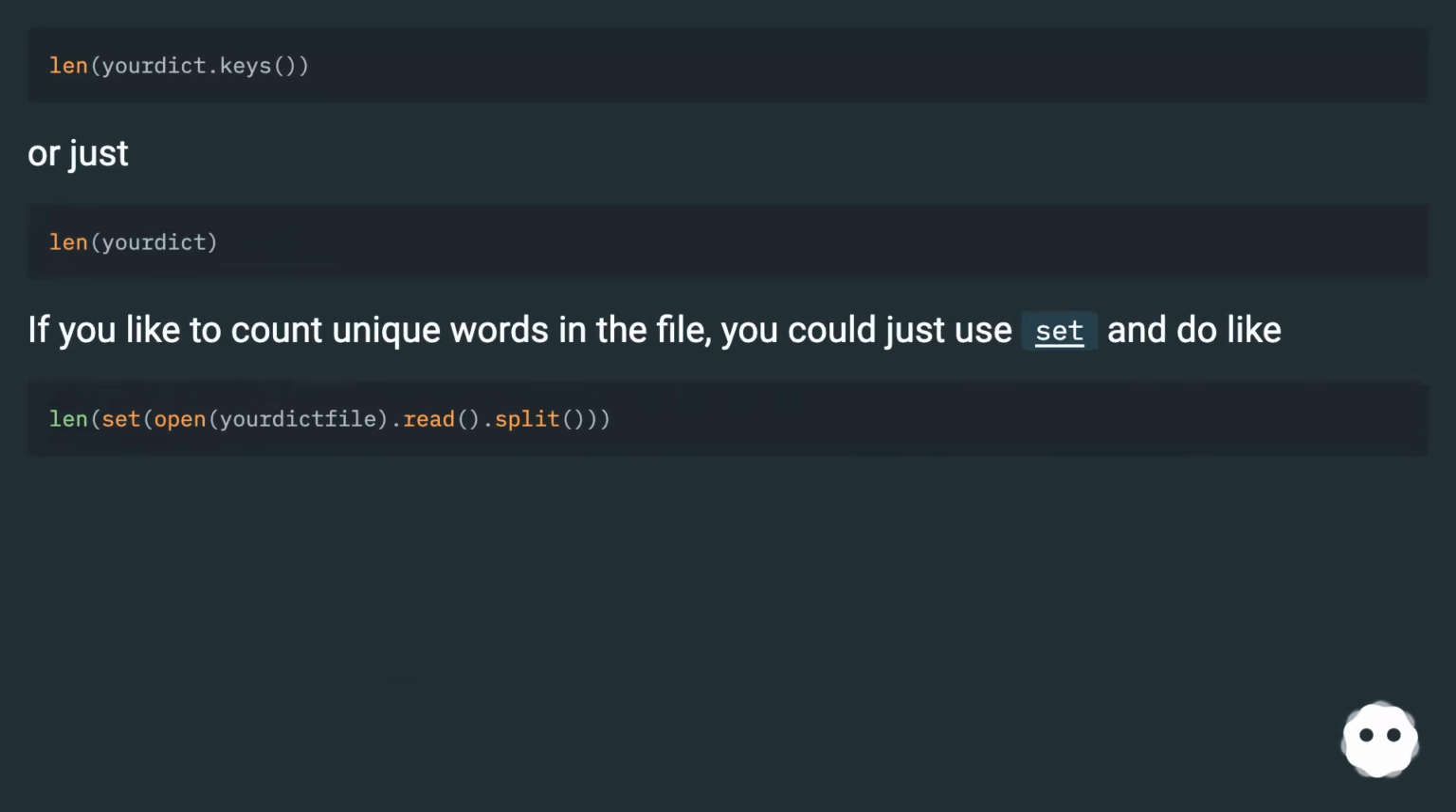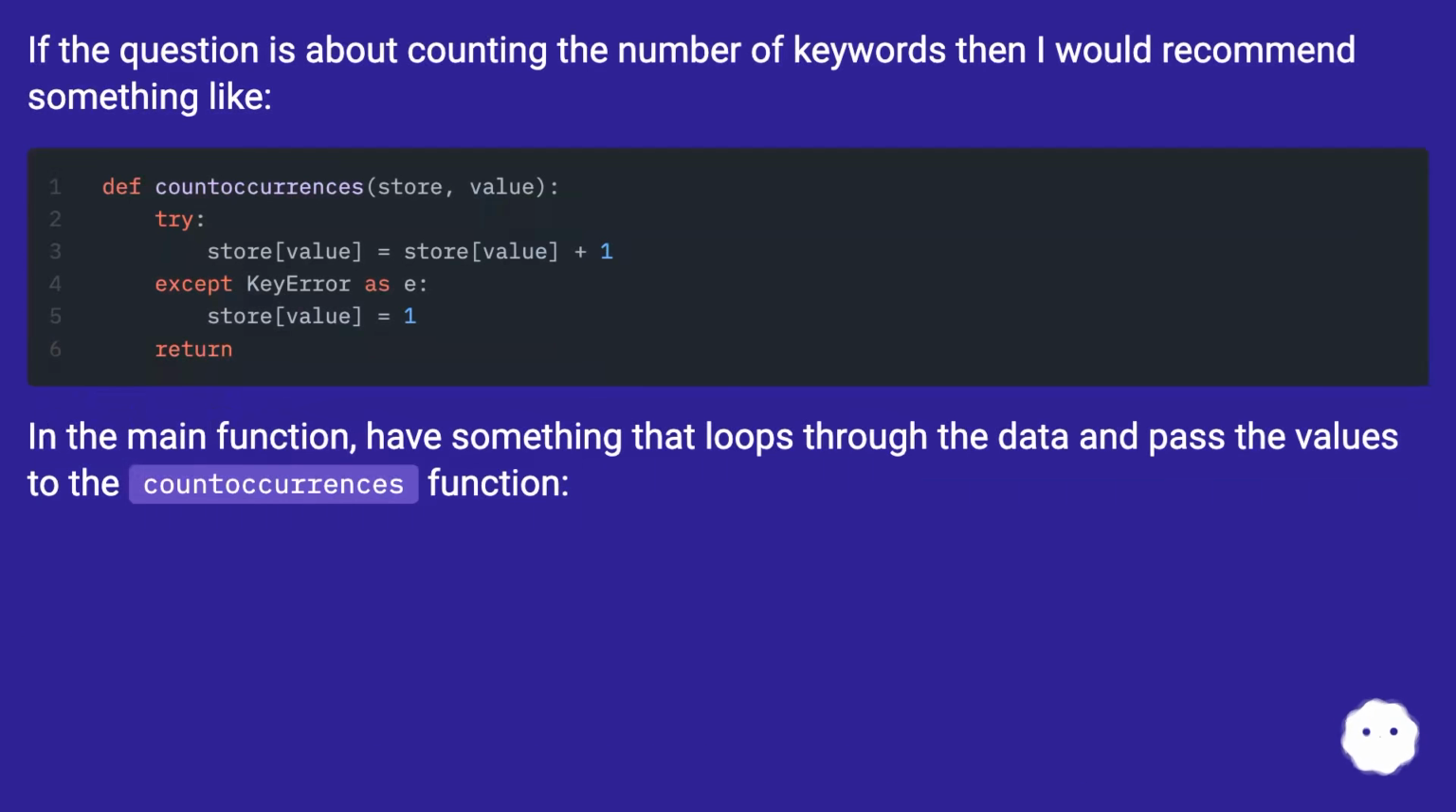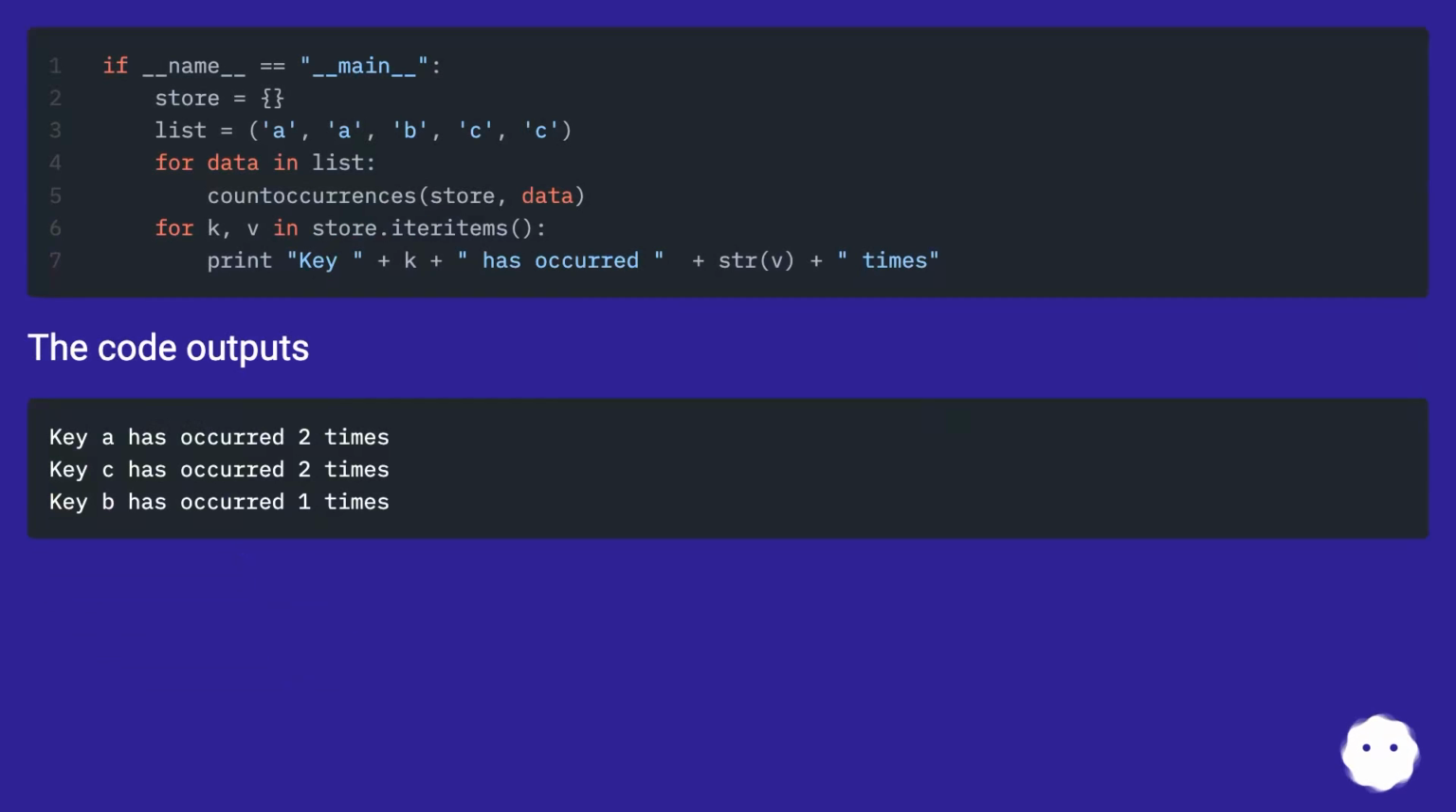Or just, if you'd like to count unique words in the file, you could just use set. If the question is about counting the number of keywords, then I would recommend something like this in the main function, something that loops through the data and passes the values to the counter-currencies function. The code outputs